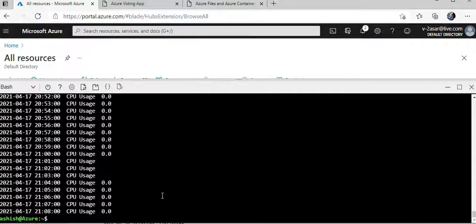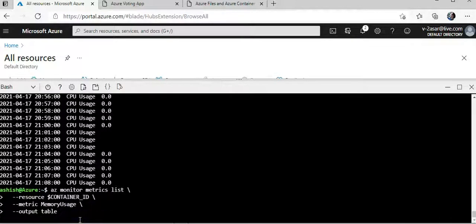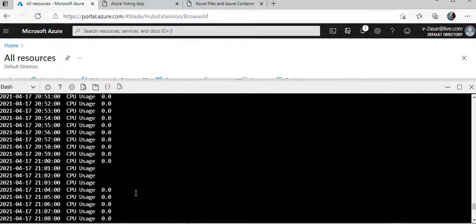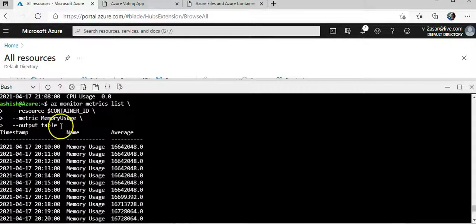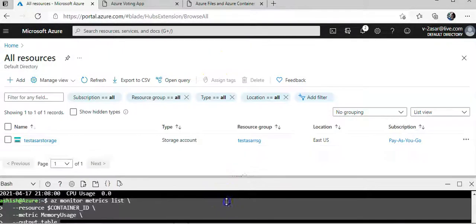Alright, and if you want to check the memory usage, like this. The metric would be memory usage. Earlier the metric was CPU usage. So this is the command. And if you want to specifically check, you can